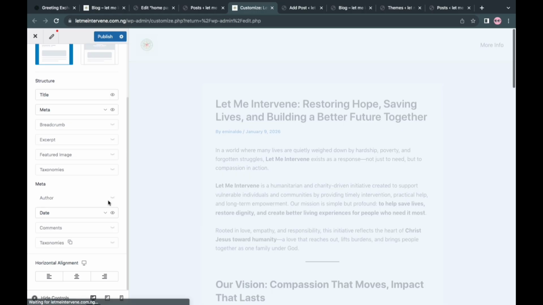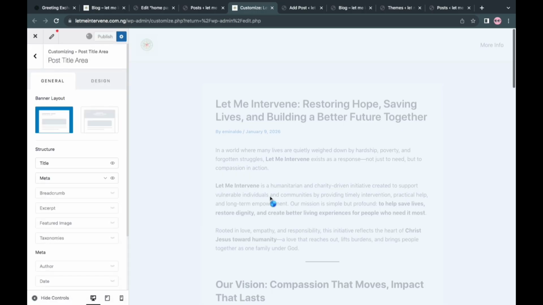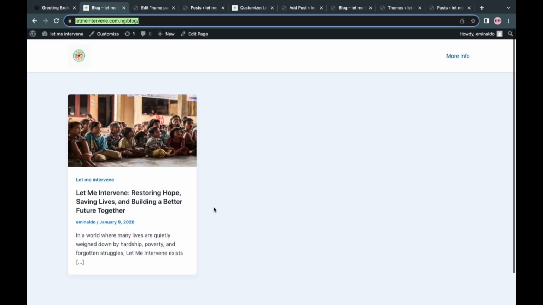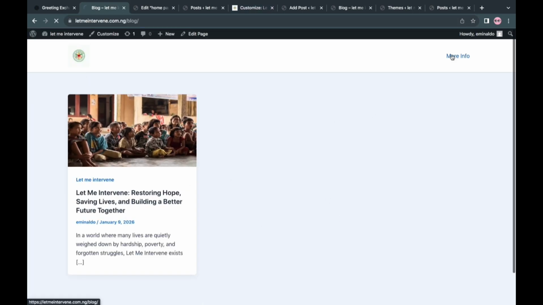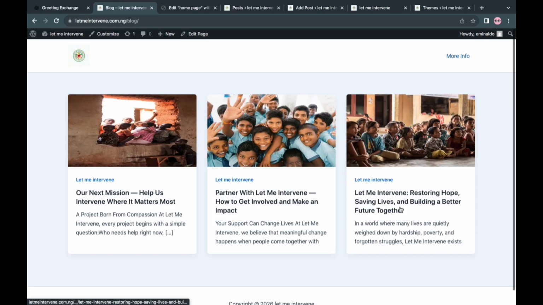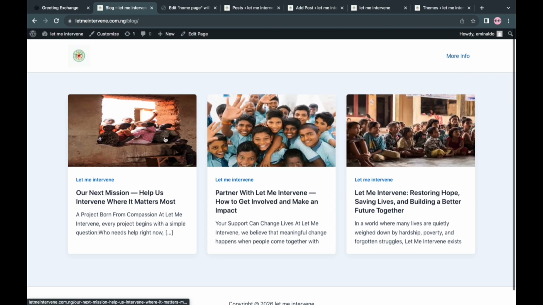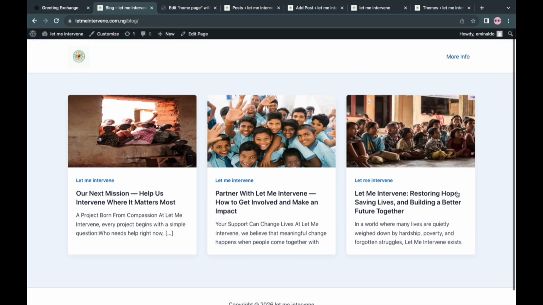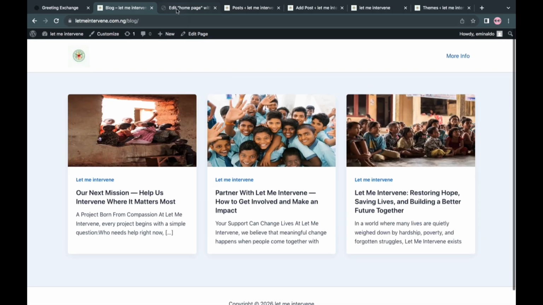Let us turn this off. And then we publish. I'm going to populate this blog post now, and then I'll come back and show you what it looks like with more blog posts. So I added 2 more blogs to this, and as you can see, it's looking good. So our website is coming up already, and I think we should go ahead and create more pages, but let's